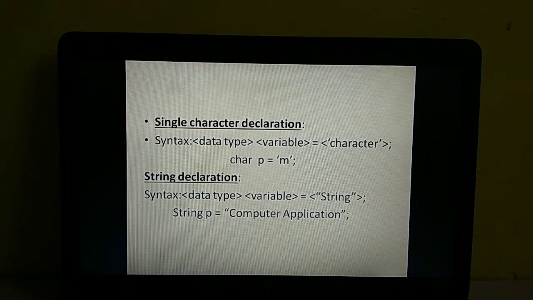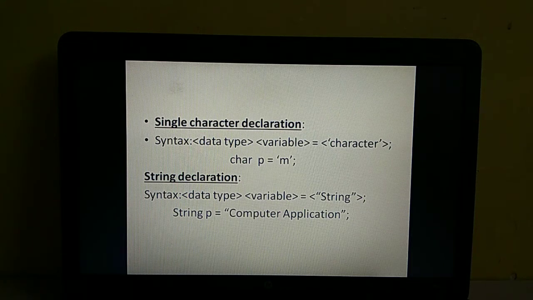Okay, after that, single character declaration and string declarations. Here, how you are declaring your characters: how a single character as well as a string has been declared, that is data type, variable and a character.